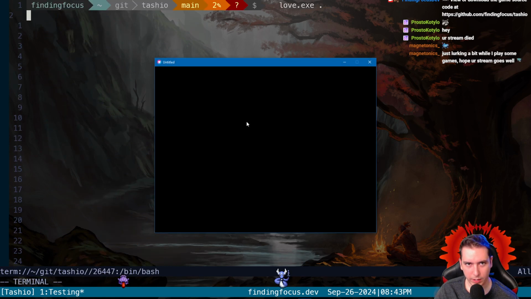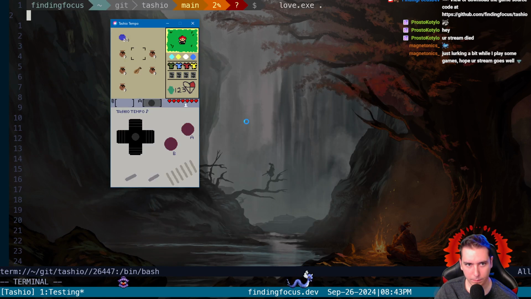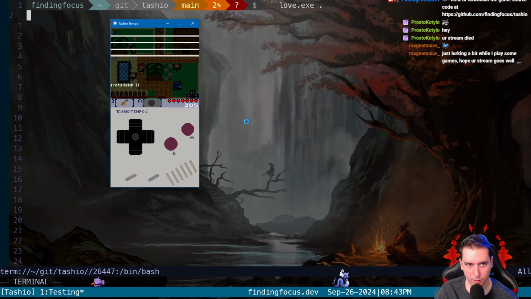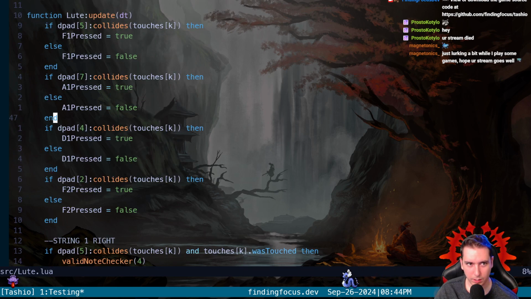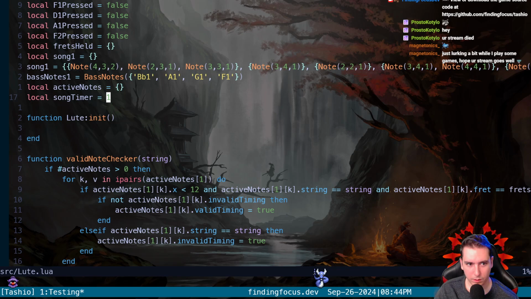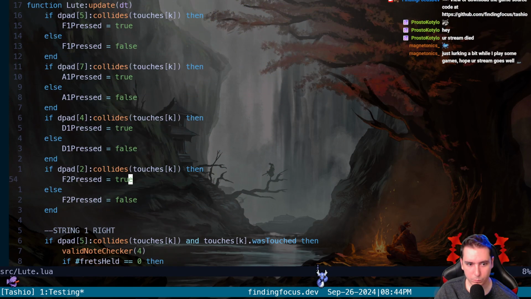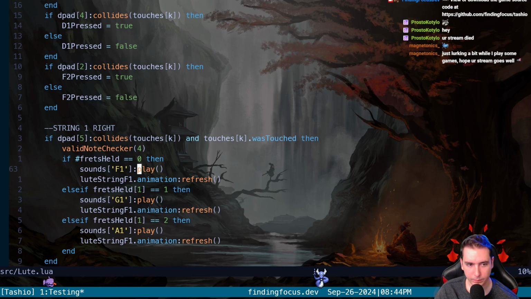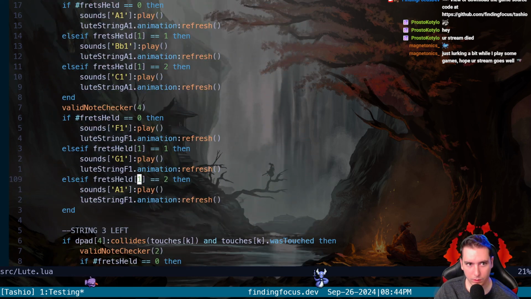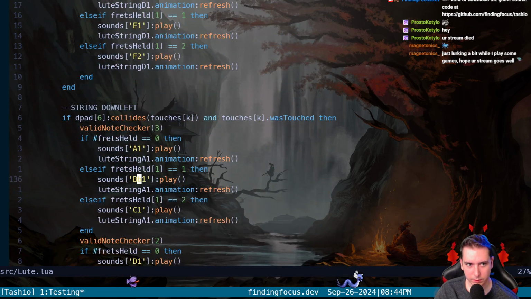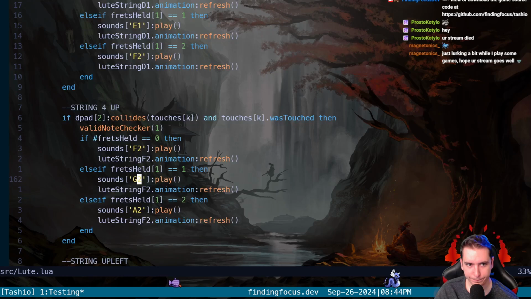Okay, let's try it. Do we not have... What the heck? So this is all the touch detection.